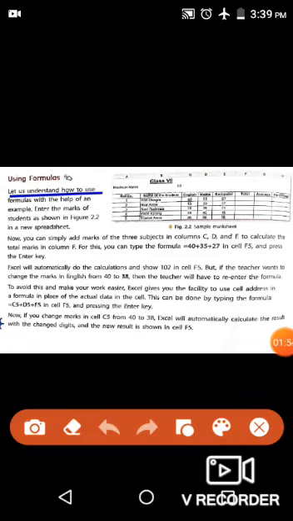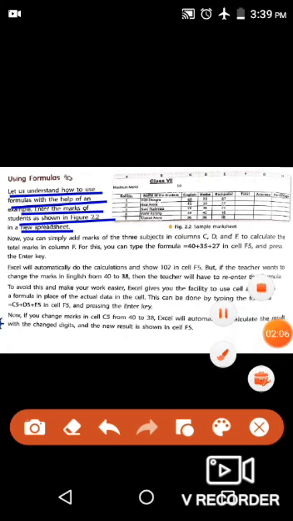Let us understand how to use formulas with the help of an example. Enter the marks of students as shown in figure 2.2 in a new spreadsheet. Students, those who have computers at home should practice it while watching the video. Make a spreadsheet like this for class 7.